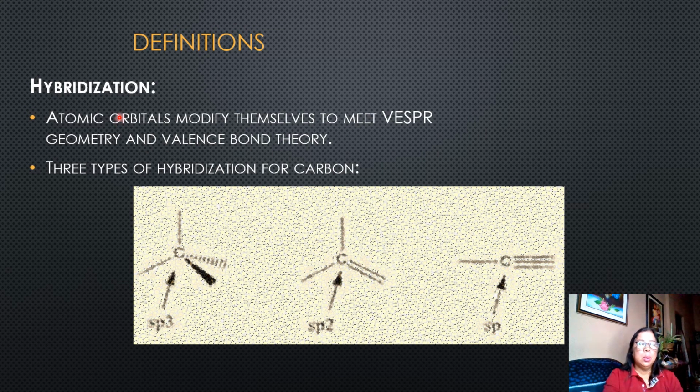So this could also lead you to the discussion of hybridization: atomic orbitals themselves combining to meet VSEPR geometry and valence bond theory. These are the three types of carbon hybridization. The sp3 enables the carbon to be bonded with single bonds,